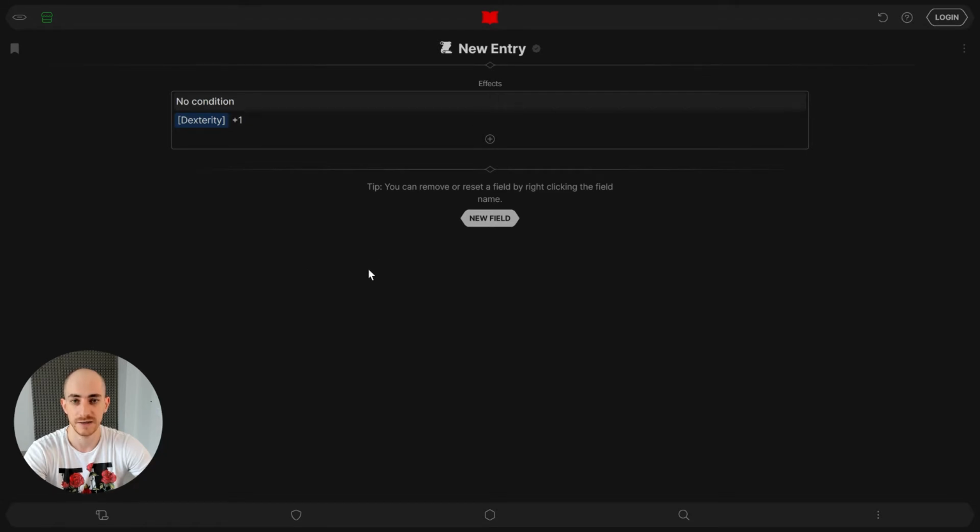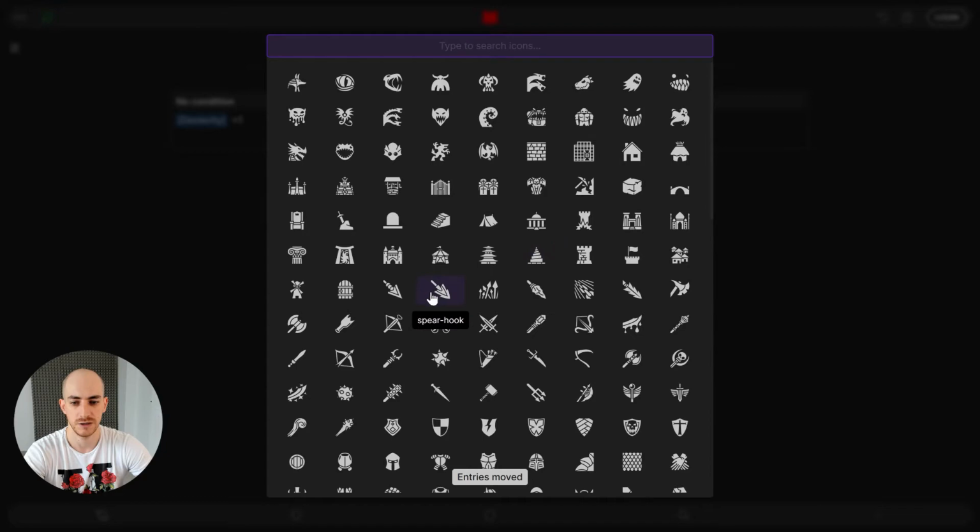So this effect is going to change the field that is named dexterity when it is applied to a different entry, right? So let's show an example. Let's rename this to a sword, for example, right? And change the icon to a